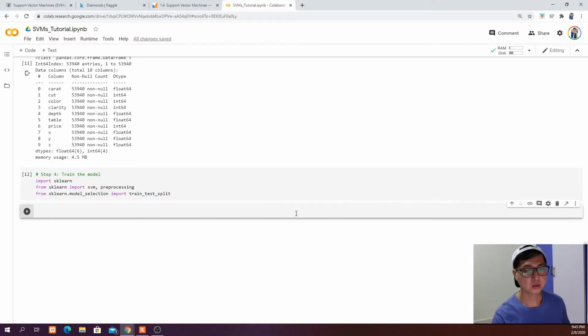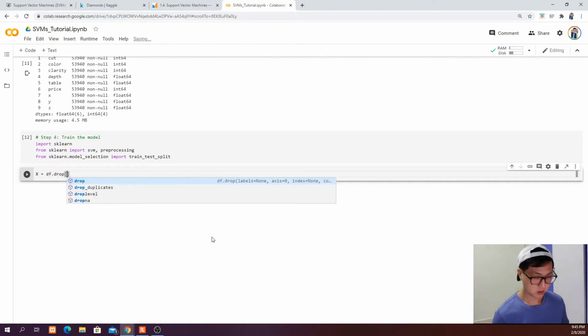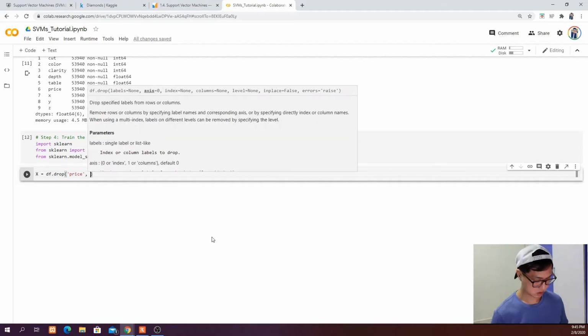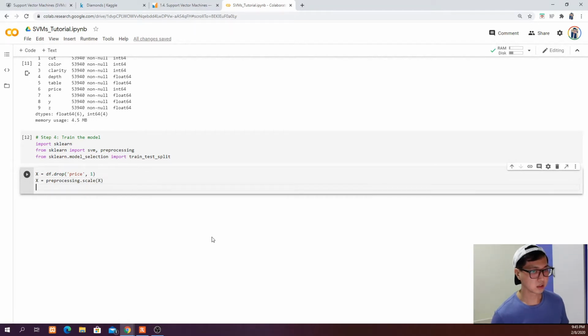So the next thing that we want to do is to define our x and y, which is the input variables and the output variables. To do that, x is equal to df.drop price, 1. Then x is equal to preprocessing.scale(x), and then our y is equal to df price. Go ahead and run this,